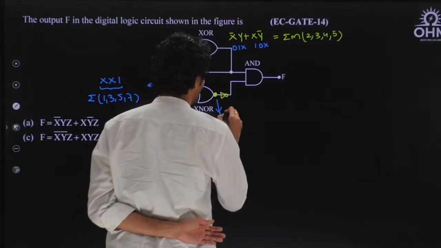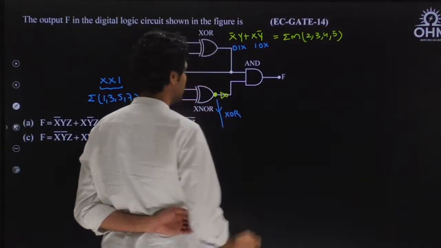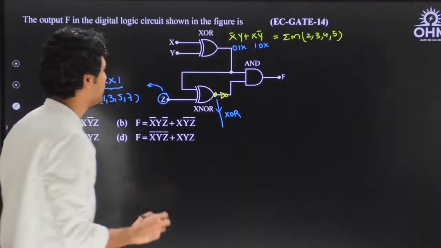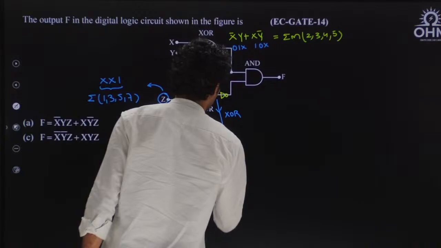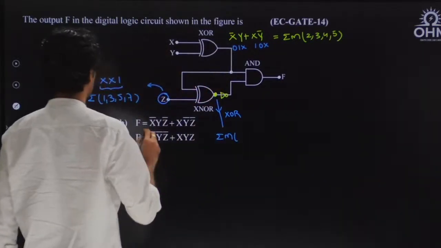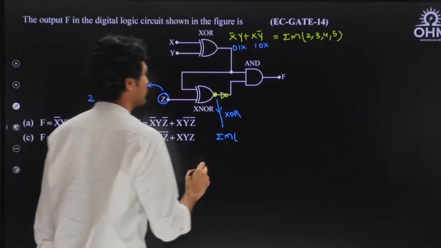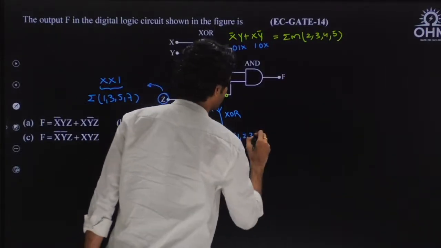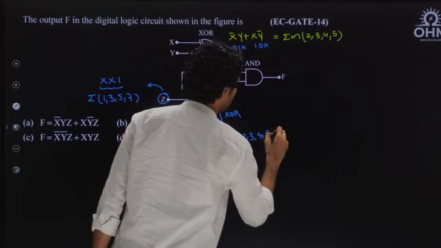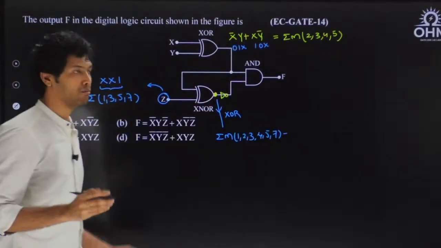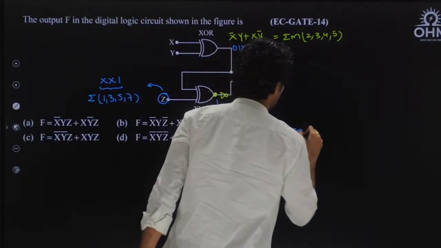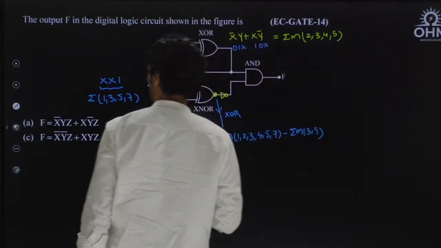So what is the XOR operation here? XOR means merged minus common. When you merge both the lists of minterms, what do we get? Sigma minterms: we have 1, 3, 5, 7 here and 2, 3, 4, 5 here. So 1, 2, 3, 4, 5, 7. This is the merge. Minus what is common? 3, 5 is common. Sigma minterms 3, 5. So if you remove 3, 5 here,